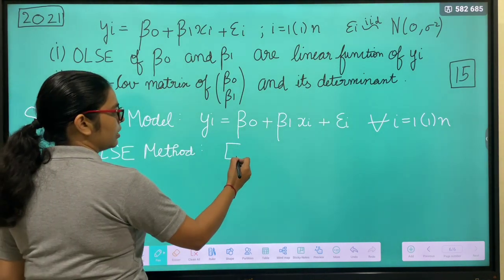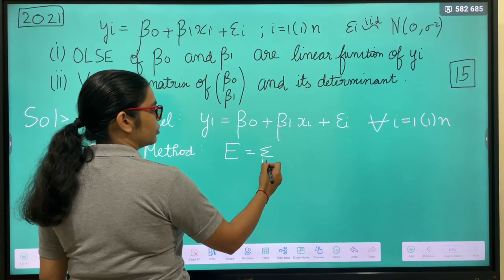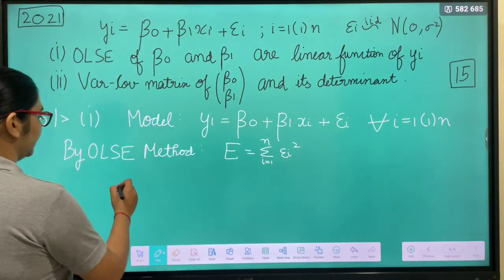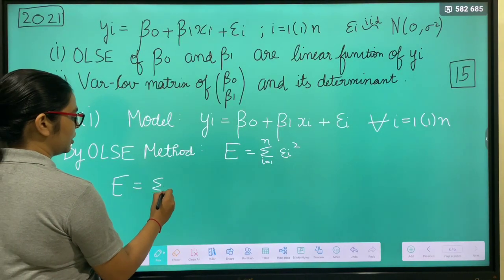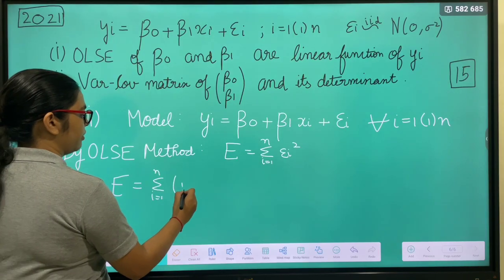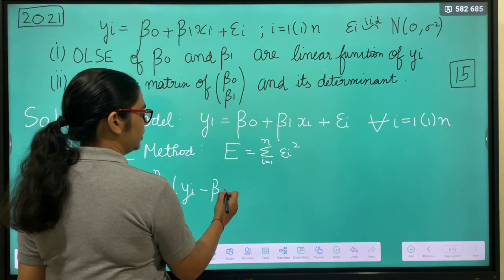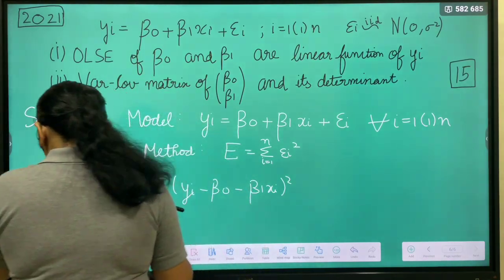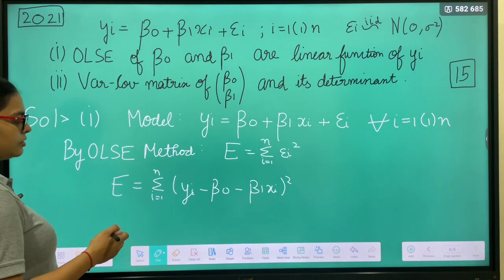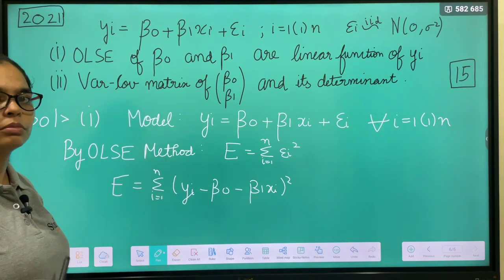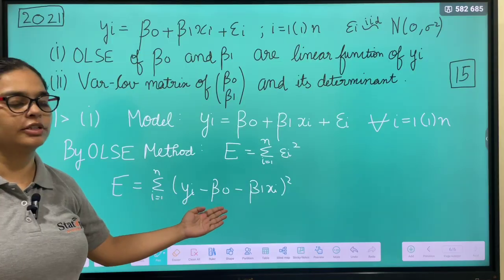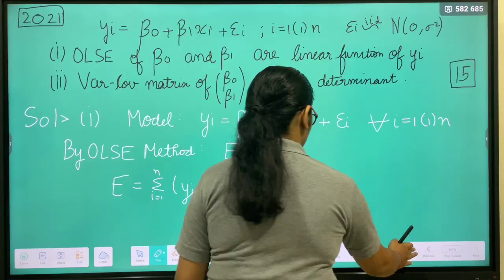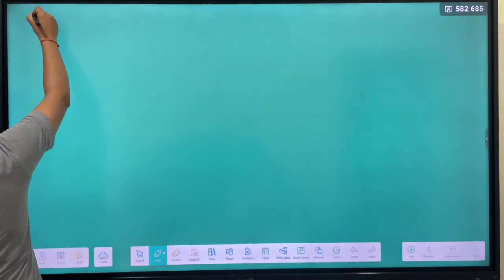We will take E, which is nothing but summation i goes from 1 to n of epsilon i square. So here we can take it as E equals summation i goes from 1 to n of yi minus beta naught minus beta 1 xi, whole square. So again we will take two normal equations. Firstly we will differentiate with respect to beta naught and then beta 1, and we will get the OLSE of beta naught and beta 1 respectively. So taking the first normal equation,